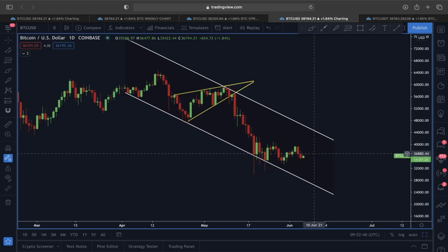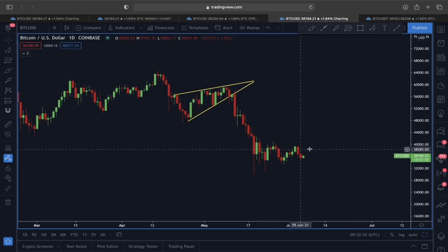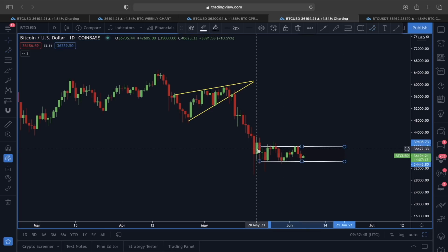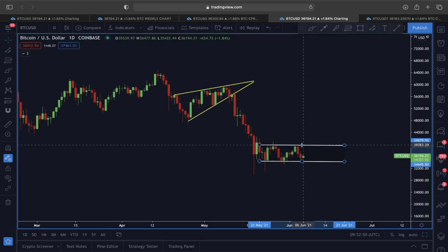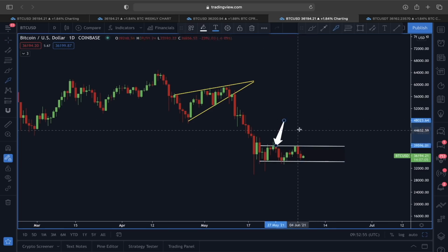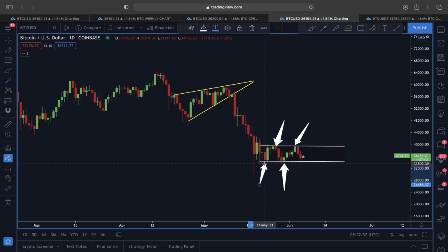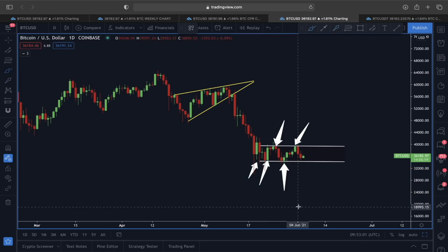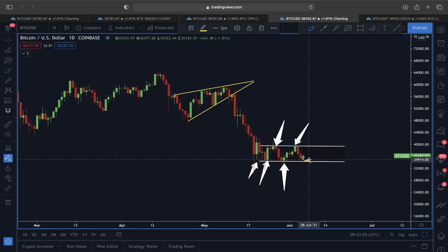way. If you monitor this price structure, you can simply take this parallel channel and look at the price movement of Bitcoin. You can see very clearly how the price is reacting around that area. Resistance, resistance, support, support, support. So even if we see a smaller pullback, I think around 34,000 we do have a very strong support,